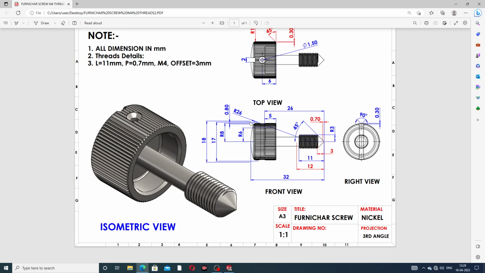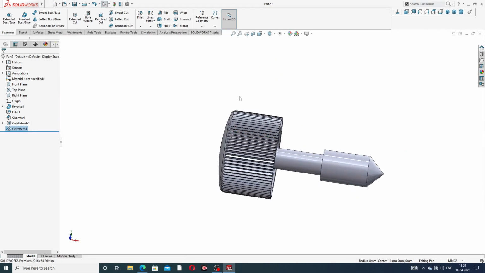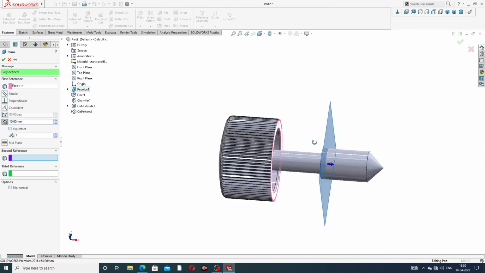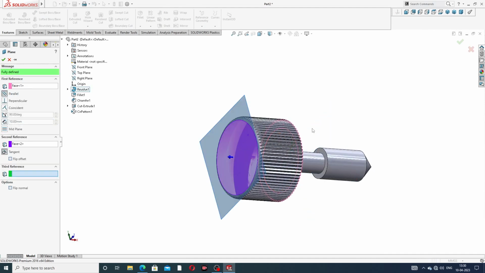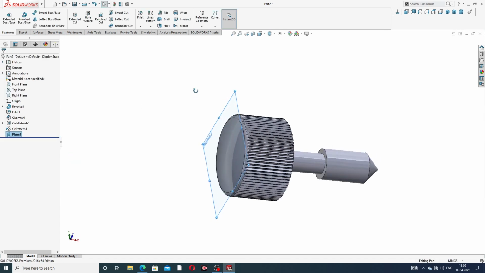This is 7 millimeter in the inward direction, and a plane is created here. Okay, click plane, select this and use this. Okay, and for this plane the two relations used are parallel and tangent, both, okay, and select